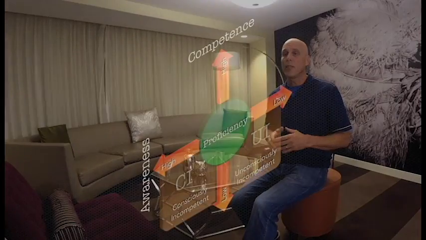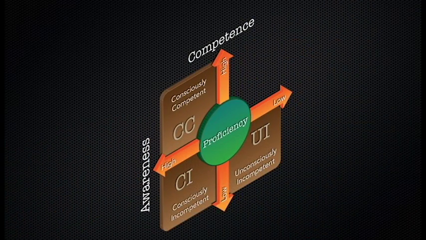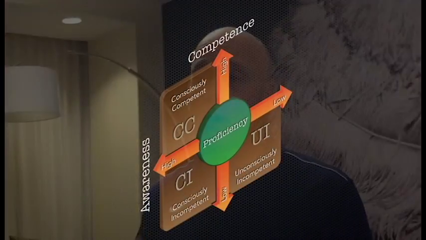the next quadrant. As we increase their competence, we move them into the CC quadrant, that is high awareness and high competence. The consciously competent leader is where most leaders are. Most leaders know their organizations really well. They have the competence, the skill set that they need to pull off the daily activities, and they do it well. They have high self-awareness. They have a high competency, they have a high knowledge of the job and what's needed to pull it off, and they apply those skills, those high competent skills, to make it happen. Like I said, most of our leaders are in this quadrant.